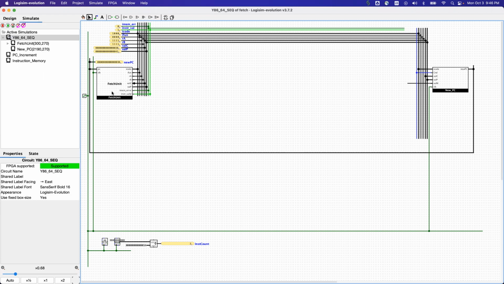So I put everything, the figures we have seen in the previous tutorial, into the fetch unit. You can see all the outputs are given, like icode, ifun, rA, rB, valC, and valP on